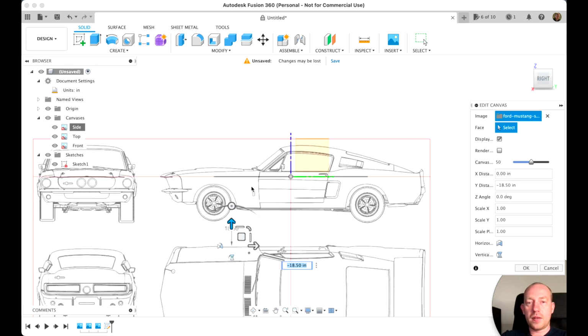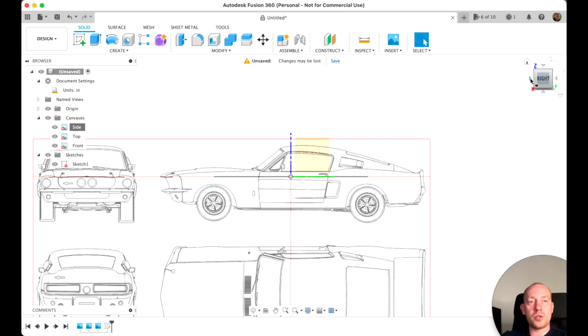So let's say that this line will be perfectly with the hood. That will be our reference for the front view. Then I hit OK. I switch to the front view,